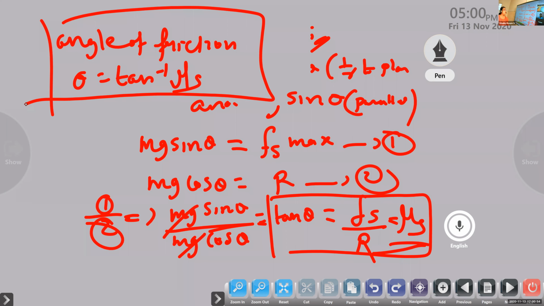So one more small topic is left from this chapter, the banked road expression. Then 1 or 2 problems using this. Then next Monday we will finish. And Tuesday also we have class. Tuesday I wanted you to have a copy of the logarithmic table because that day I think I got 4 periods. So one period I thought of teaching you the logarithmic table. So Tuesday we can have the logarithmic table, learning how to find theta and all. Okay, children? So thank you.